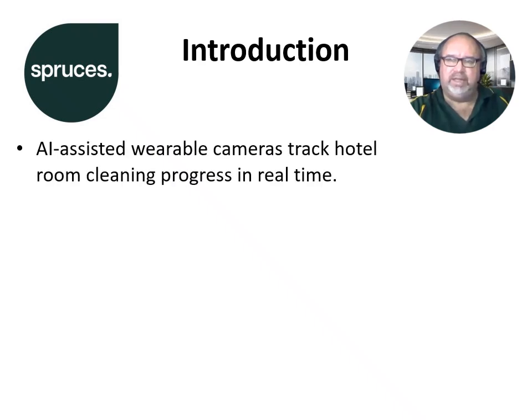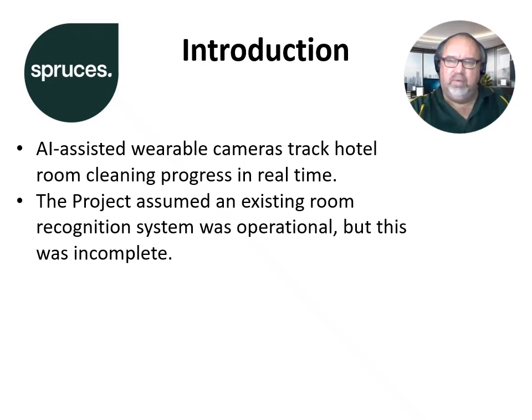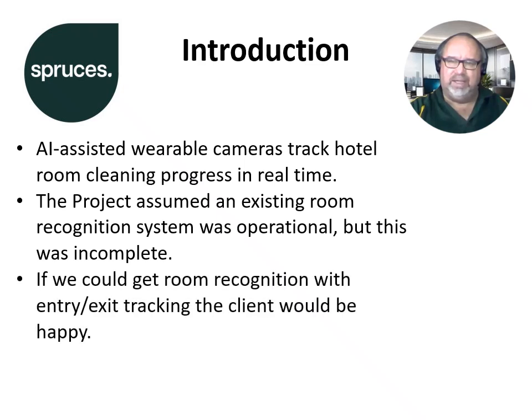Spruce's Helpicams is an AI-assisted wearable camera project that is designed to record and provide up-to-the-moment tracking of where cleaners are up to in their cleaning of hotel rooms. When we originally took on this project, we took it on under the premise that the project room recognition section was completed and was up and working and being used by the cleaners and their supervisors in the hotels that they were working in. It turned out that this project was not as far as expected,